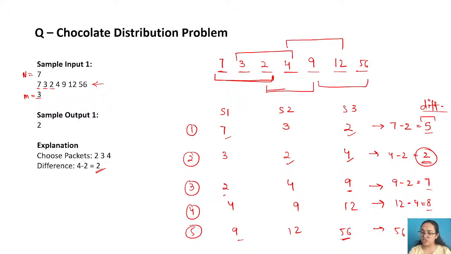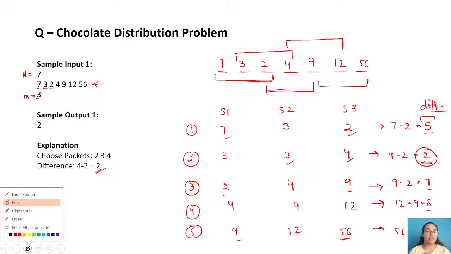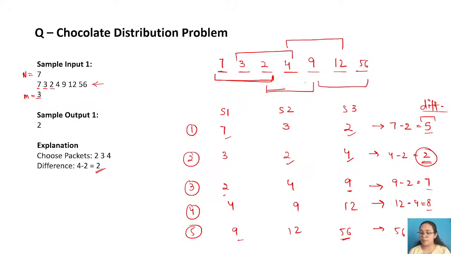I guess now the question is clear. Just let me know, because this question is a bit tricky to understand. Once you understand it, it will be very easy to implement. Just let me know if the question is clear. And one more thing I want to add: can anyone tell me what approach we are applying here? Brute force is fine. You can tell me the brute force approach as well, and if you know any optimal approach, or at least the concept, you can let me know.